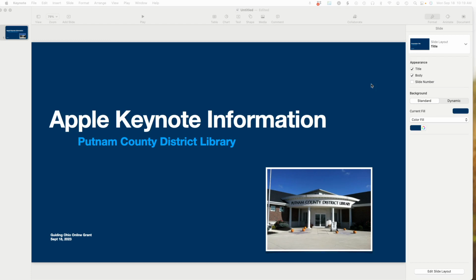Last month we had just taken a brief look at some different tools that are available with any Apple or Mac user and their free applications. One of those was Keynote, and Keynote's a powerful presentation program that is available either on a Mac or an iPad. So we're going to take a little bit more of a detailed look today at what you can do